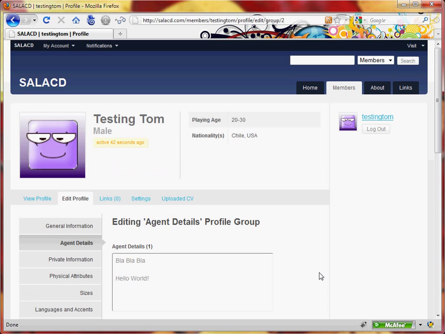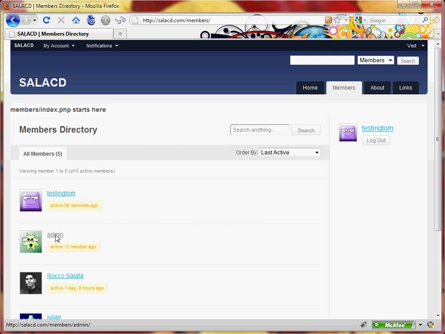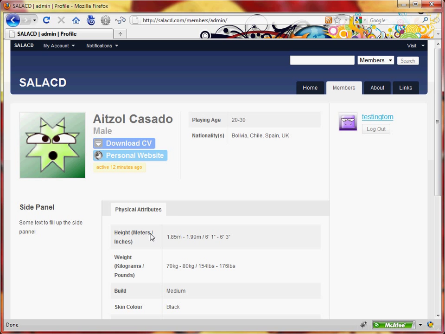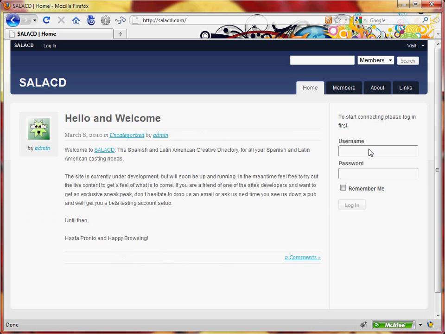Right. What happens, however, if Testing Tom wants to have a look at somebody else's account? Say he wants to know my personal information. Clicks here. And apparently, I haven't filled in any information, but that's only because Testing Tom is just a regular subscriber and is not a site administrator. So if I log out and log back in again as admin,